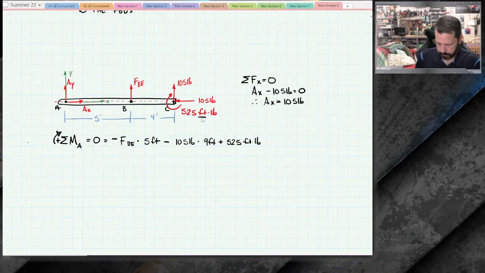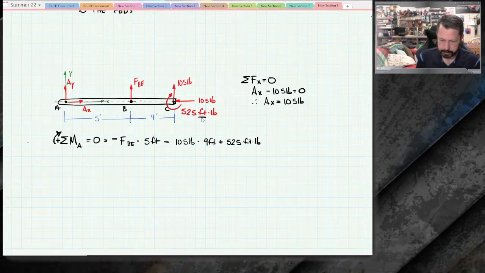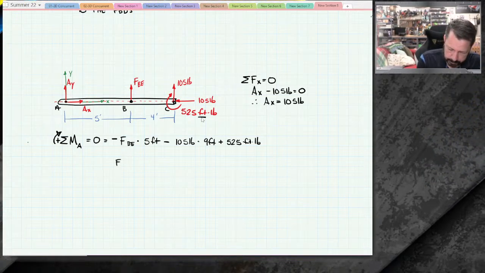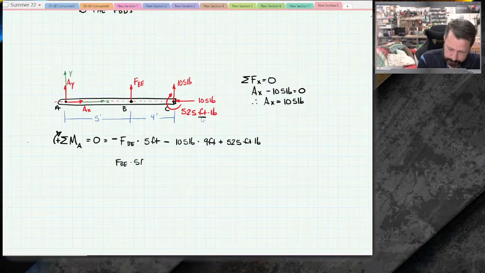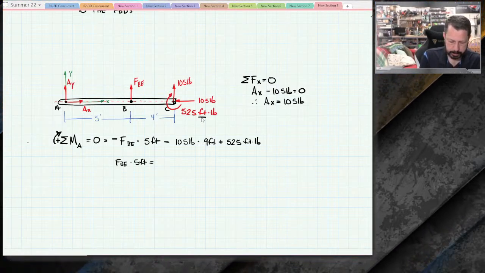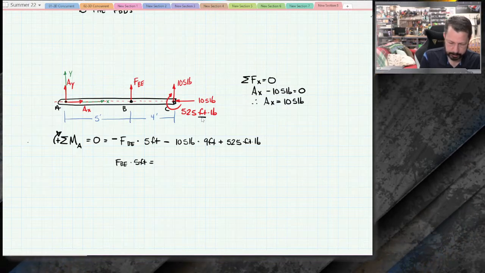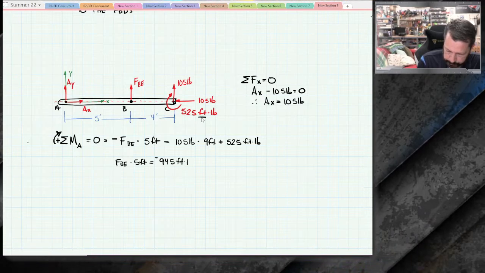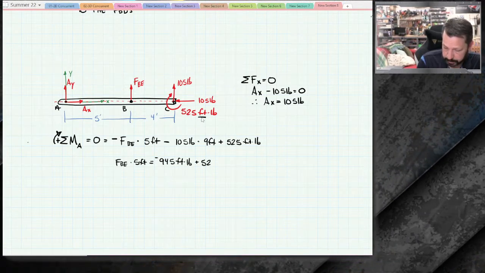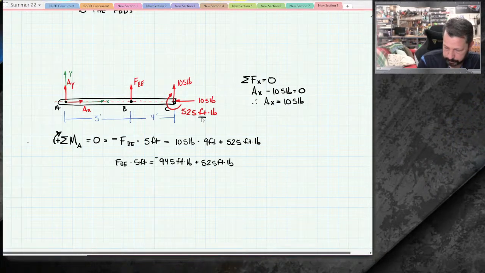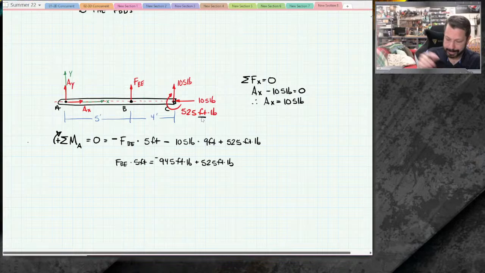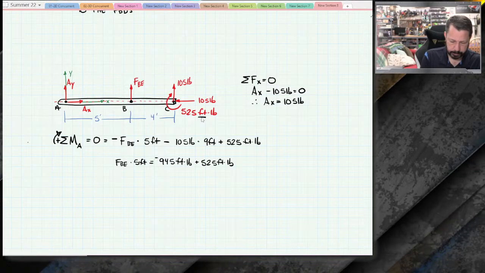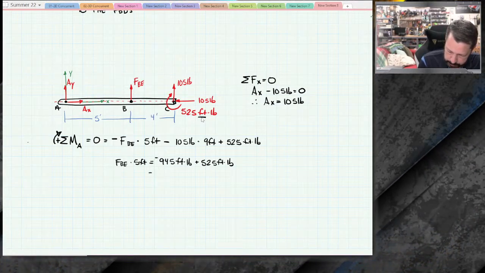All right, I'm going to move FBE times 5 feet over to the left side. So I've got FBE positive times 5 feet equals negative 105 times 9, 945, negative foot-pounds, plus the 525 from the concentrated moment. So negative 945 plus 525 is negative 420